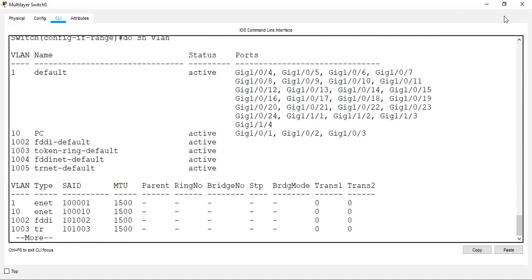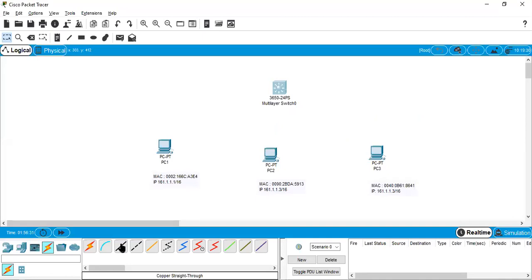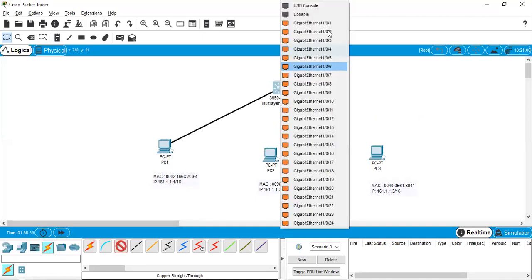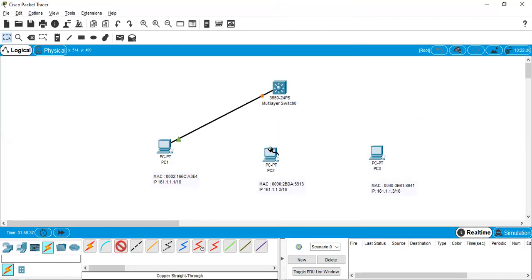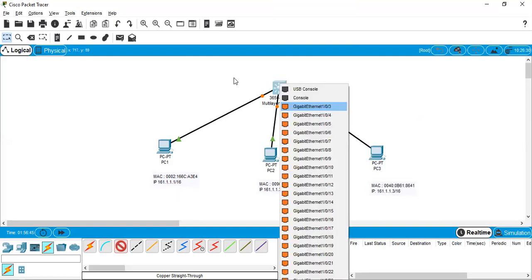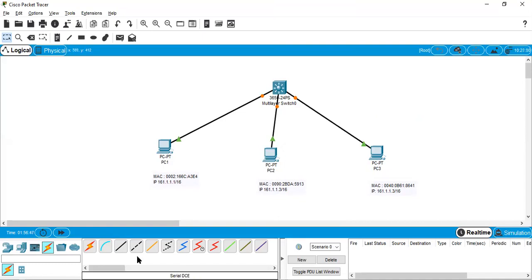Now we will connect the systems between PC and switch with a straight cable. We have 3 systems connected.